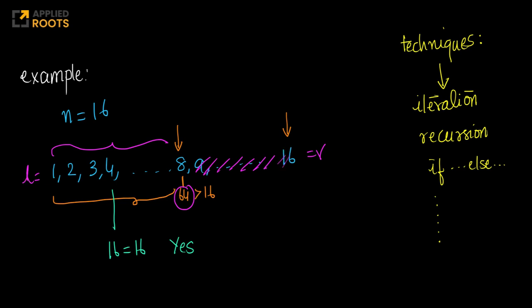Again, what you have here is a number line, right? From 1 to 16, all the numbers. So you don't have to worry about this region. You don't have to worry about these numbers. Then what do you get? Then you again half it. You get 4. 4 square is 16. Oh, you exactly got the answer that you're looking for, and you say, hey, 16 is a perfect square, and return true. Again, what is binary search?